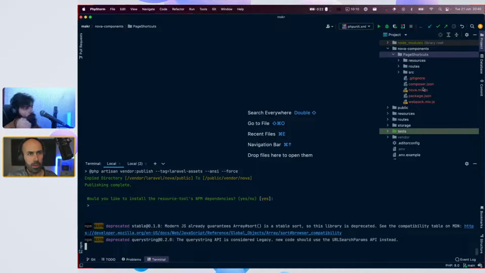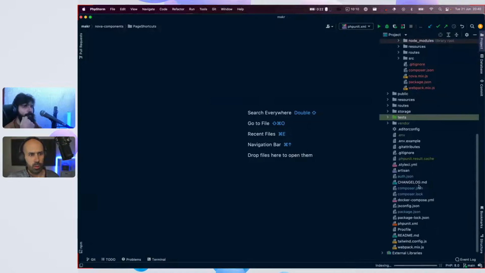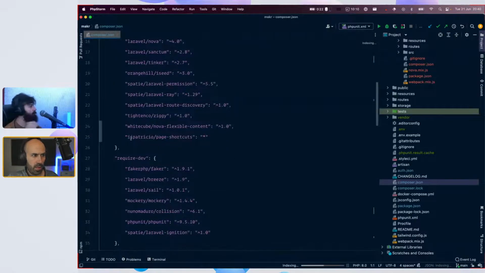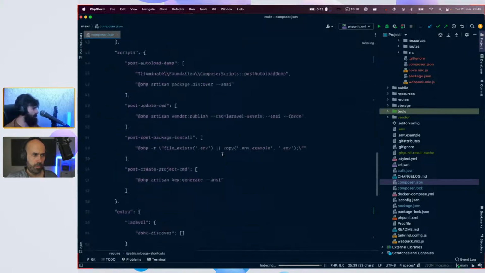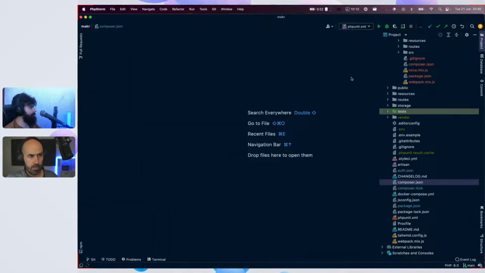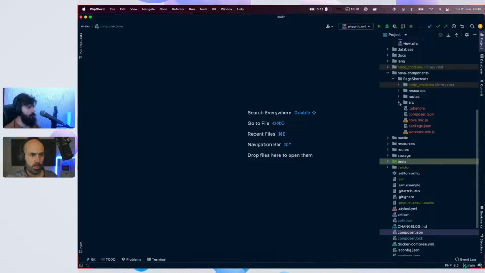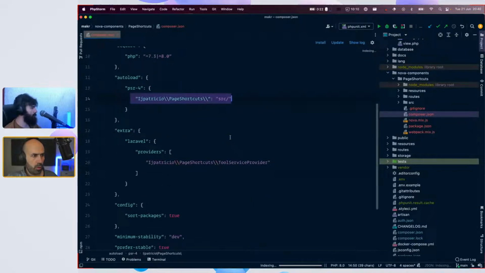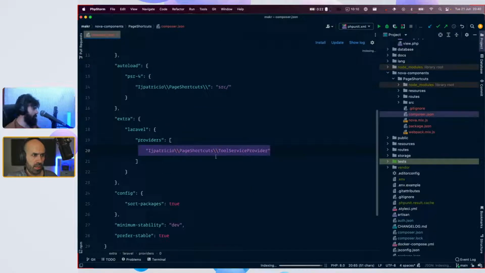So, page shortcuts. What did this do? First of all, composer.json: you can see that now it's requiring this package, and the repository was added, local in this location. This will point to this package's composer.json, which in turn has autoload and the extra key that will load the provider for Laravel, which connects this package to the Laravel container, or the Laravel brain.